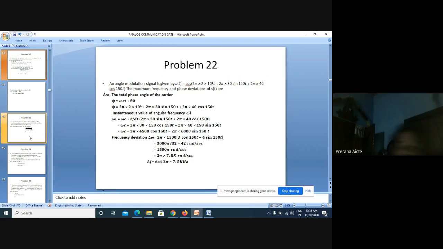And coming to the different modulation techniques and demodulation techniques that we use in FM. The modulation techniques are the direct method and the indirect method. We can also call the indirect method the Armstrong method. And the next thing is, from FM we can generate PM, and from PM we can generate FM.